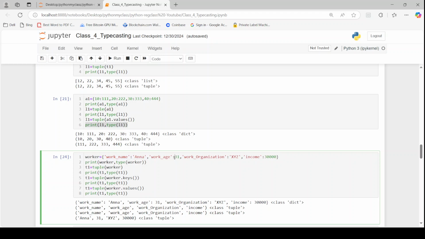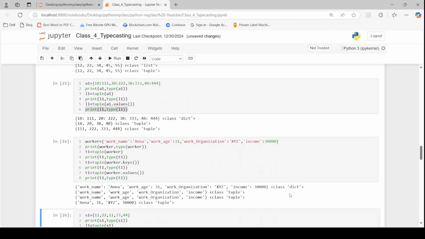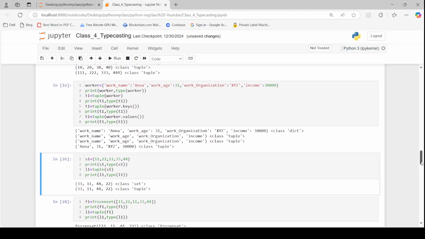Okay. Worker's age is 31. In which organization does the worker work? XYZ. Then here income is the key and 30,000 is its value. So that means what is the income of the worker? It is 30,000. Okay. So these values are printed here and typecast into a tuple, and that's why here you get class tuple. Okay, because when you print t1 comma type t1, for t1 you will get this tuple, and type t1 shall give you what data type it belongs to, this output, which is your tuple data type. Okay, so you can run this, shift enter,